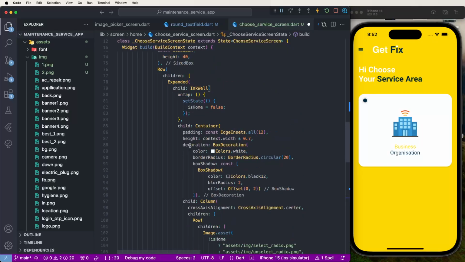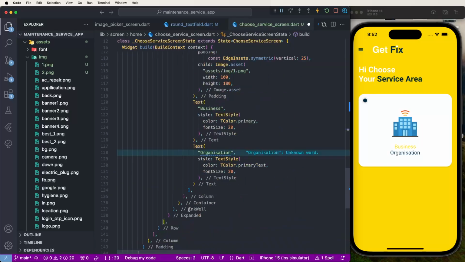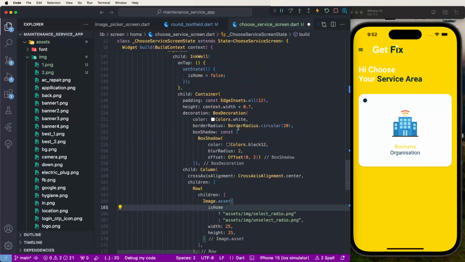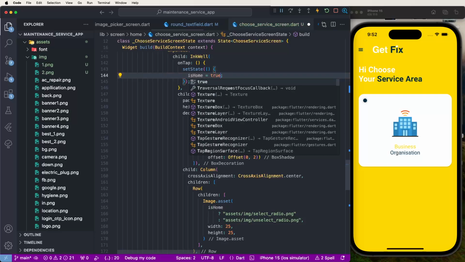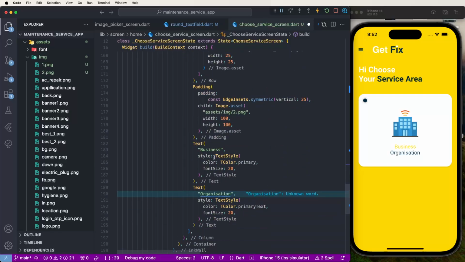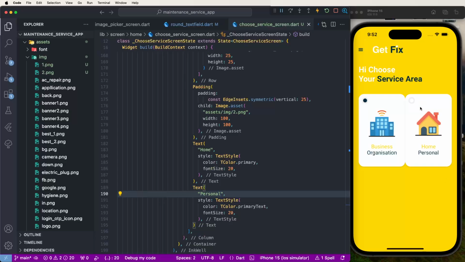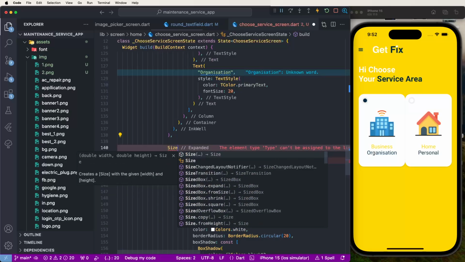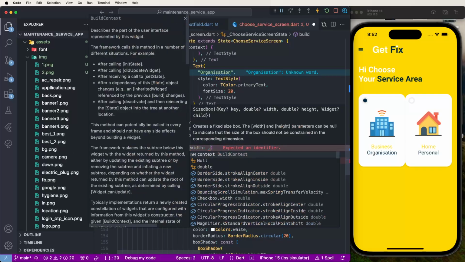Again, we need to copy and paste these expandables. Copy, paste it here. Now we need to set it to 2, and we need to set home, and also configure it to true. Now we need to change home to personal. Save here, it looks like this, and to give some space between them, write a SizedBox, give it a width of 15,